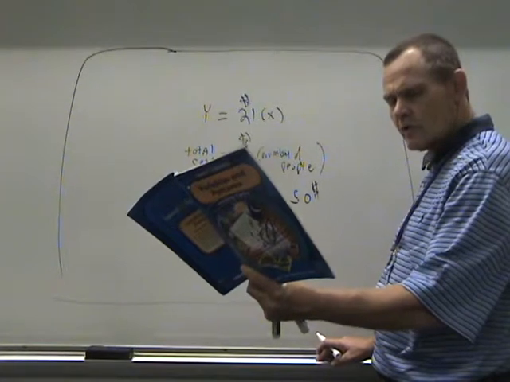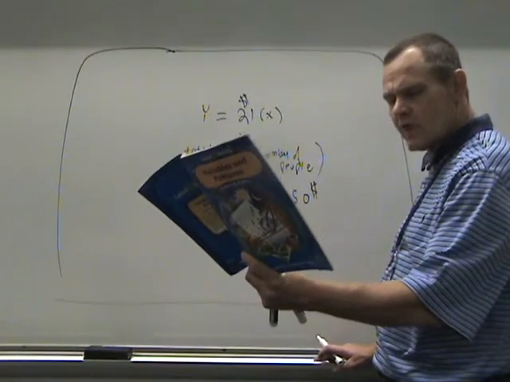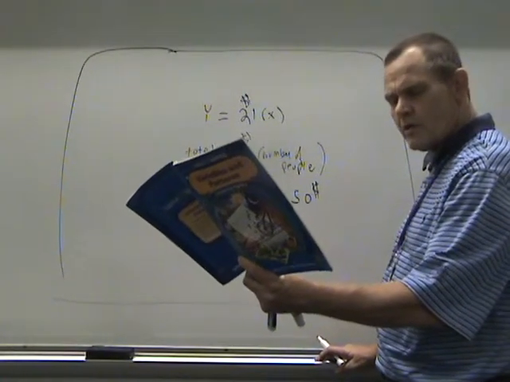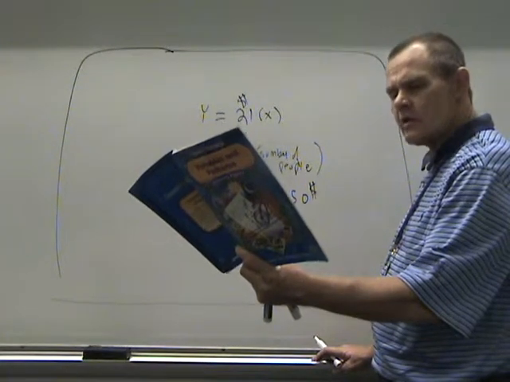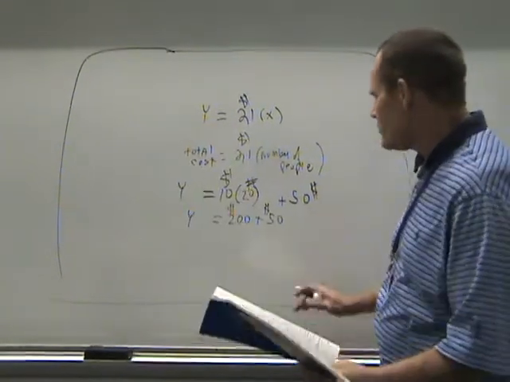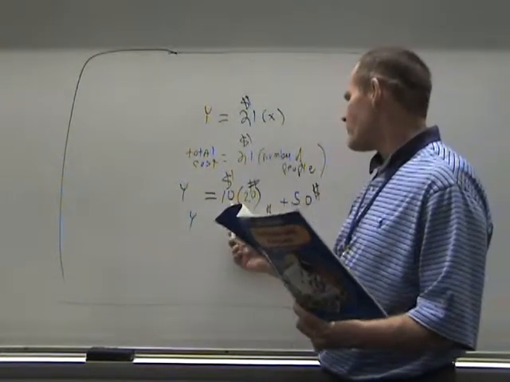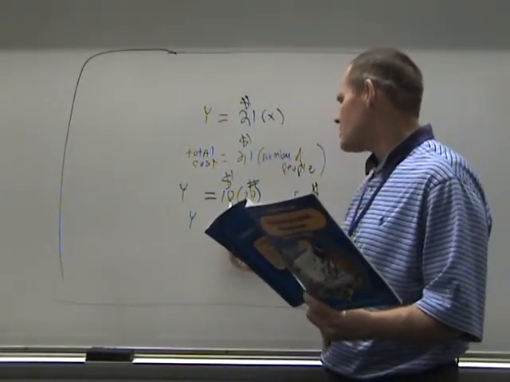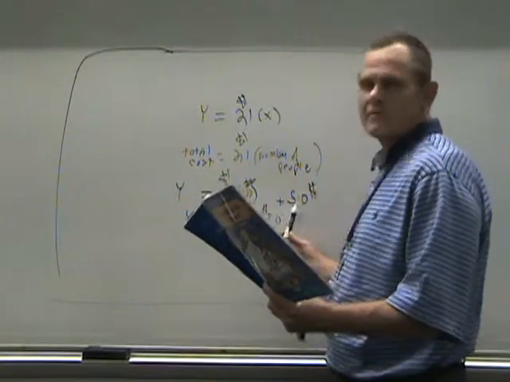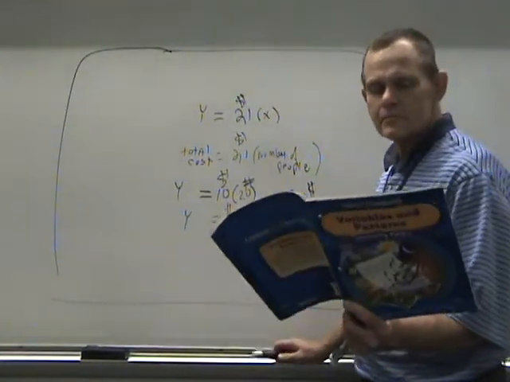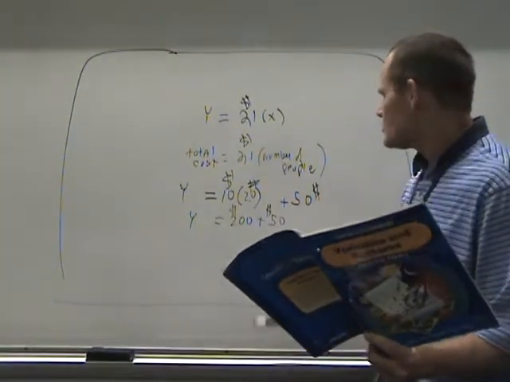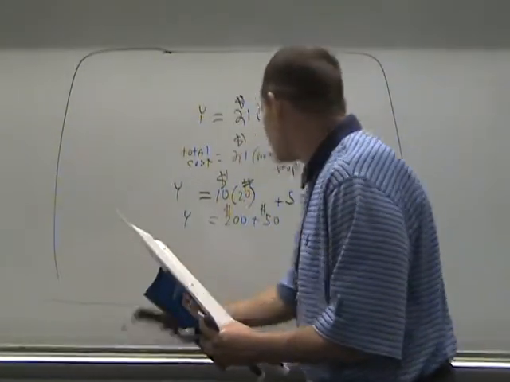Now, describe in words how you can calculate the admission price for a group with any number of people. Try to do that in words to explain to somebody in your house. It means that for every person, it's $10, plus $50. All right, now, as we've learned in the class, let's